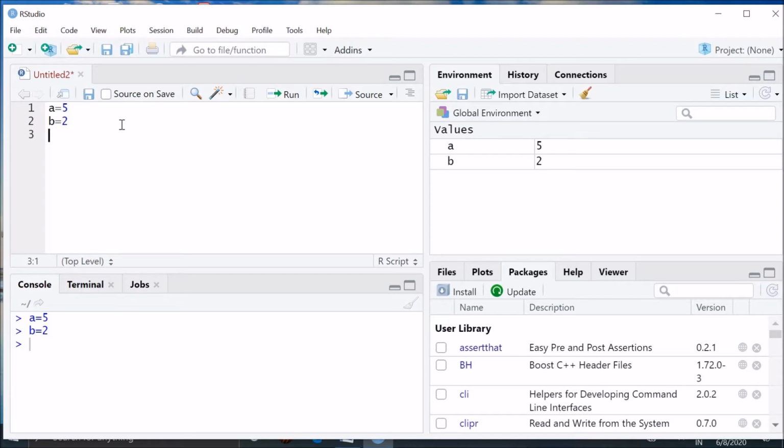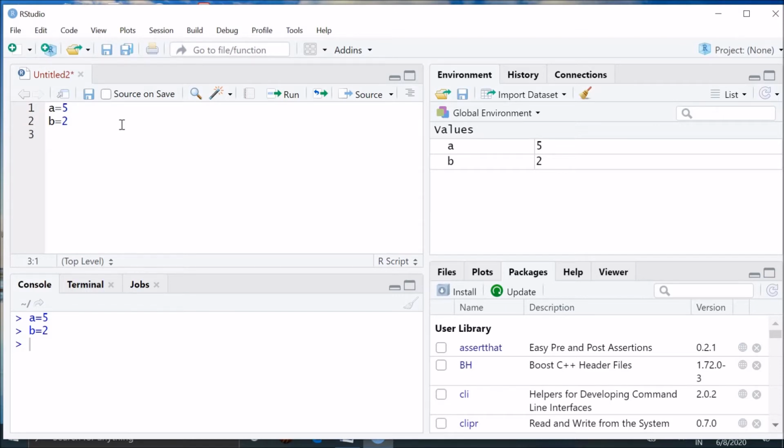So there are five data types in R, that is logical, numeric, integers, complex, and characters. So how can we get the class? How can we say that this variable is from the integer class, or this variable is a character one?